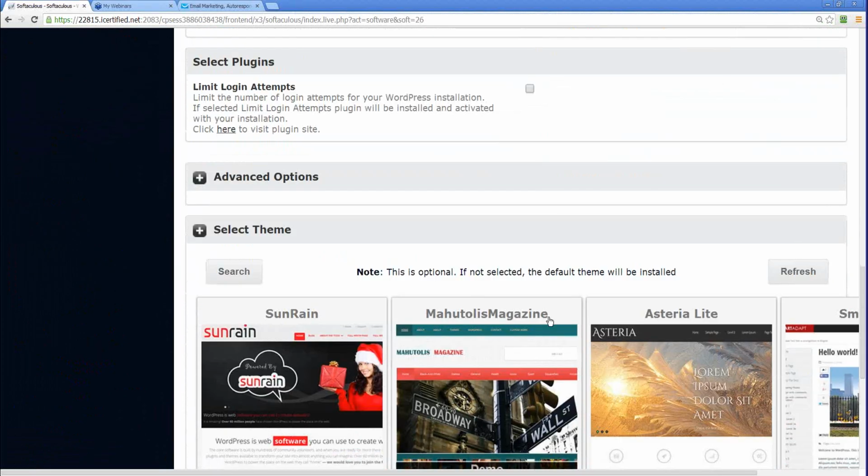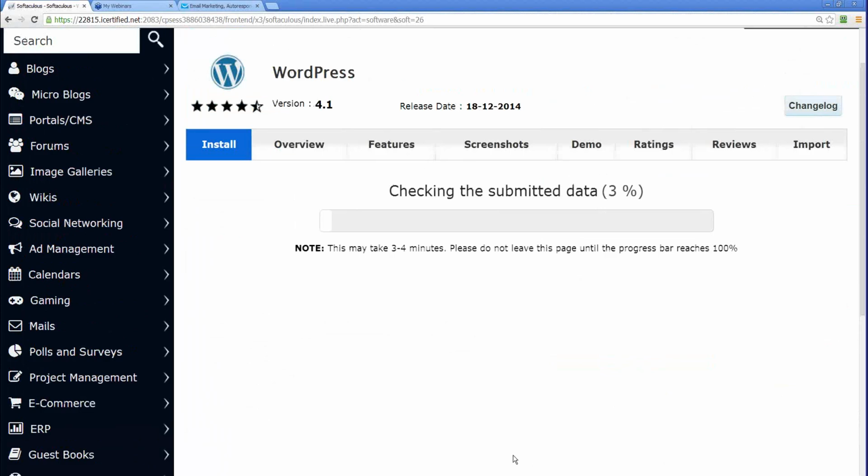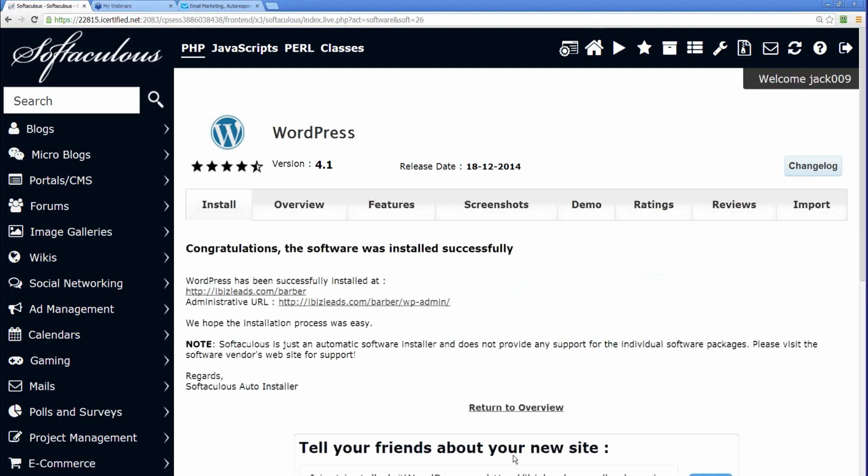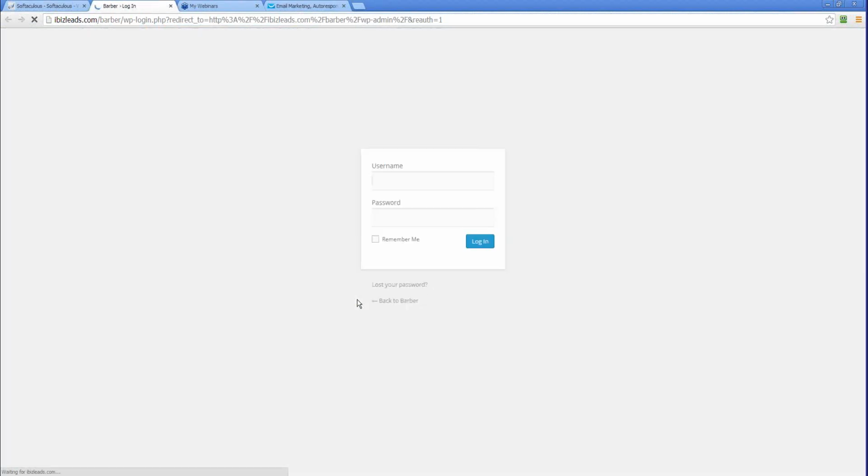Now I click on install, and now the WordPress site is installed in the folder in your main domain and the subfolder barber. So I click on it and I click on login. So I get a clean login page, and the username was admin,